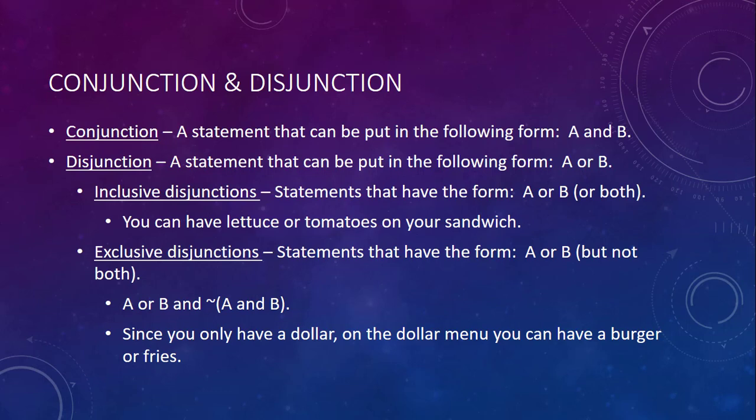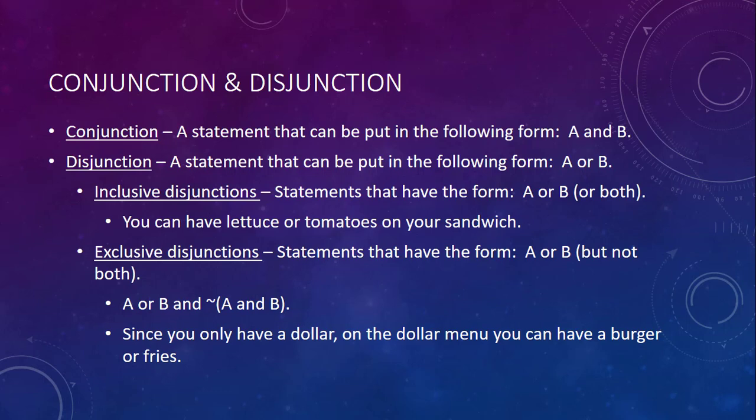So these are kind of fancy technical words for simpler ideas, really, than how fancy these words might sound. Well, a conjunction is a statement that can be put in the following form, A and B. So a conjunction is a statement that you can think of as containing two statements, really. It contains statement A and statement B. And you can think of a disjunction as a statement that can be put in the following form, A or B. So a conjunction connects two statements with and, and a disjunction, in a way, connects two statements with the word